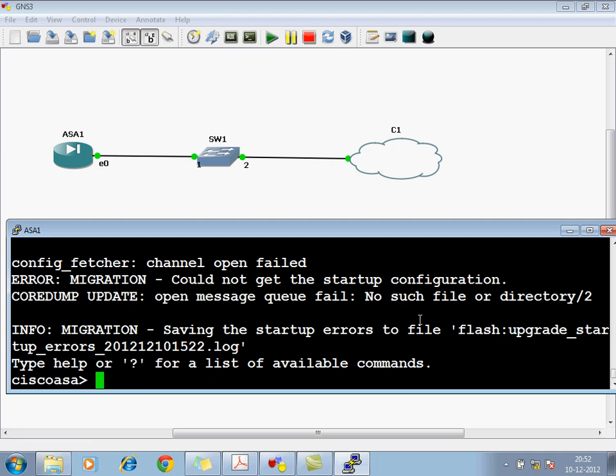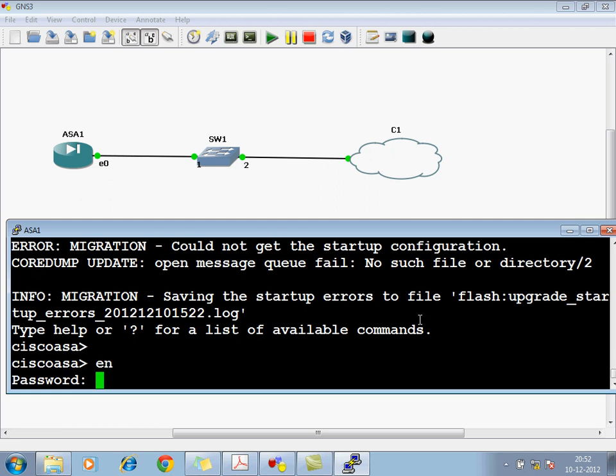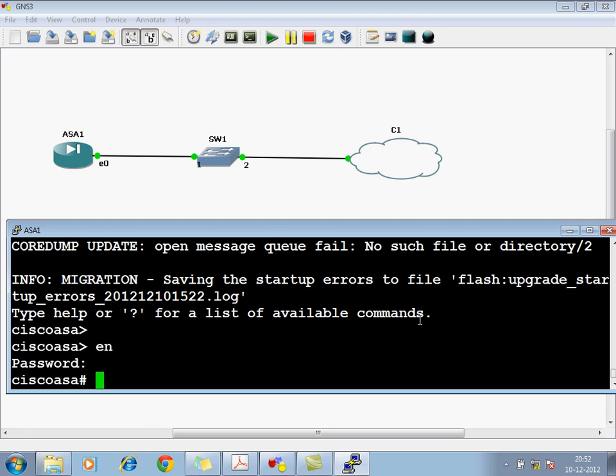Any ASA will come with the password prompt. This is for any ASA. Cisco. The password prompt will ask, and if you give enable, just hit enter. Don't try all the passwords. It's the default. If you are getting a new ASA in your hand, it will come like this.